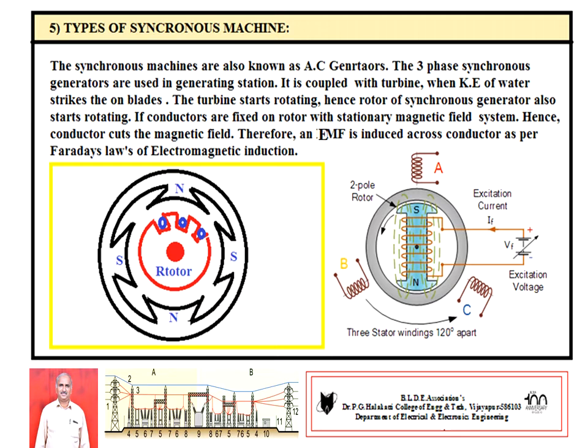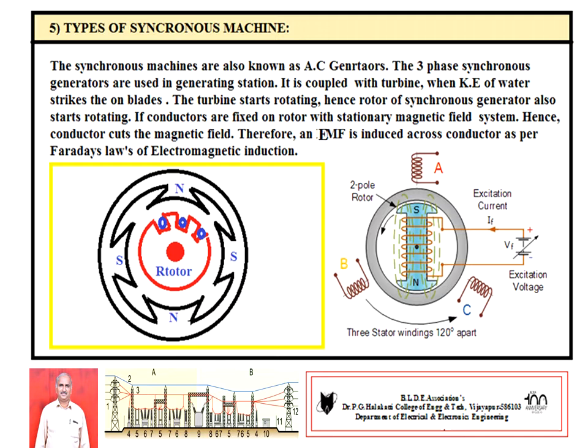Already we know that a synchronous machine is an AC generator. It works on Faraday's laws of electromagnetic induction. The AC voltage may be generated in two ways. Either the conductors are rotating with the magnetic field stationary, as shown in figure 1, or, as shown in figure 2, the windings, that is conductors, are kept stationary and the magnetic field is rotating. Both ways EMF can be generated, but commercially we use the rotating magnetic field type, that is the stationary conductor type,